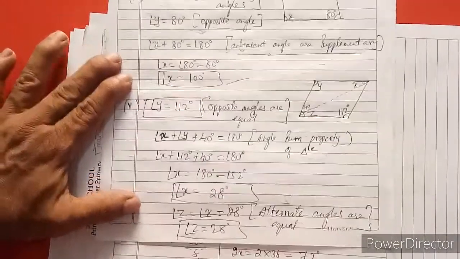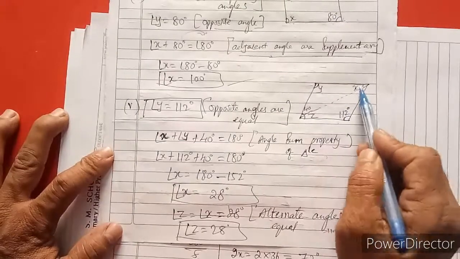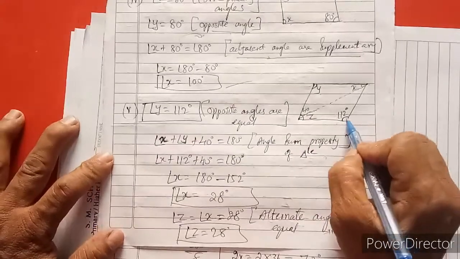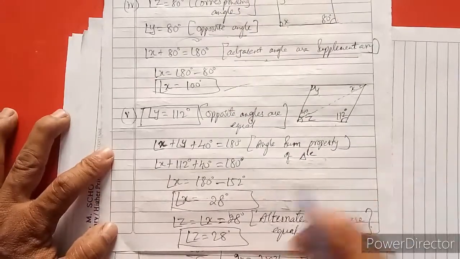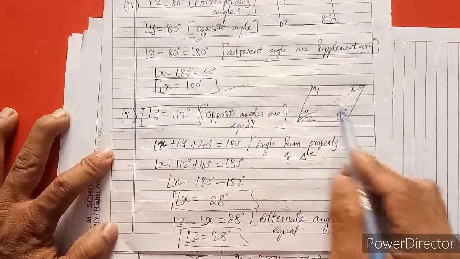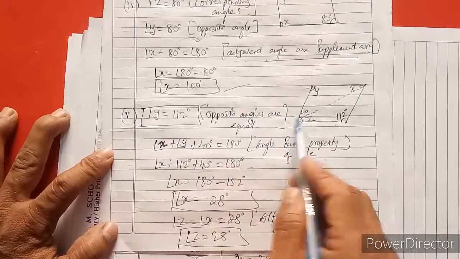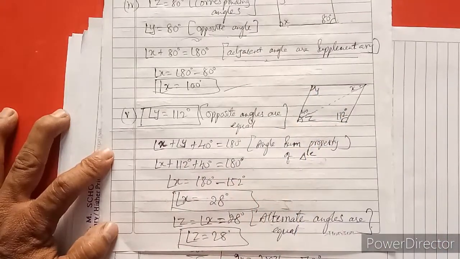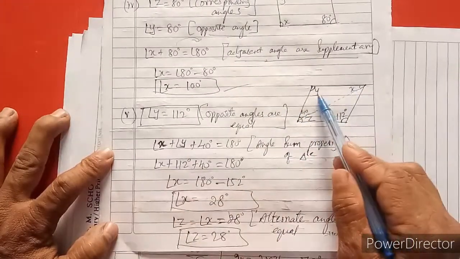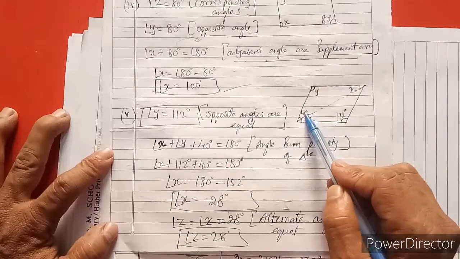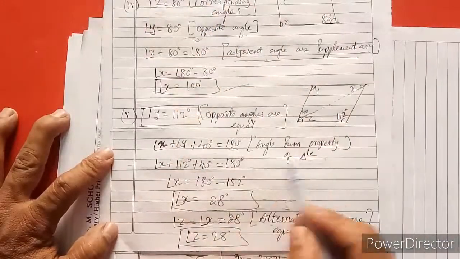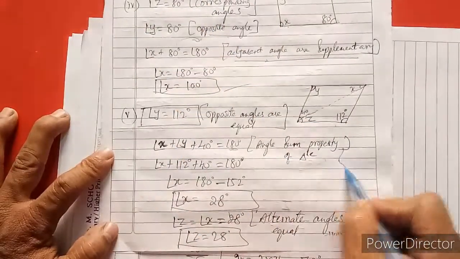Now the fifth part I am going to explain. So here you can see the diagram given, angle y, angle x, and the diagonal line is there, 40 degrees here, and z is there, and 112 degrees. Right. Now angle y is equal to 112, that is opposite angles, opposite angles are equal. Now see in this above triangle, angle x plus angle y plus angle 40 degrees is equal to the total sum of a triangle, how many degrees? 180 degrees. In the above triangle I am taking the angle sum property of triangle, that is 180 degrees.